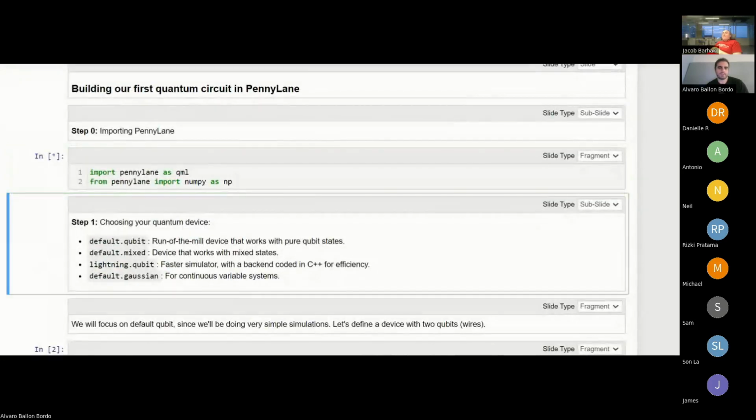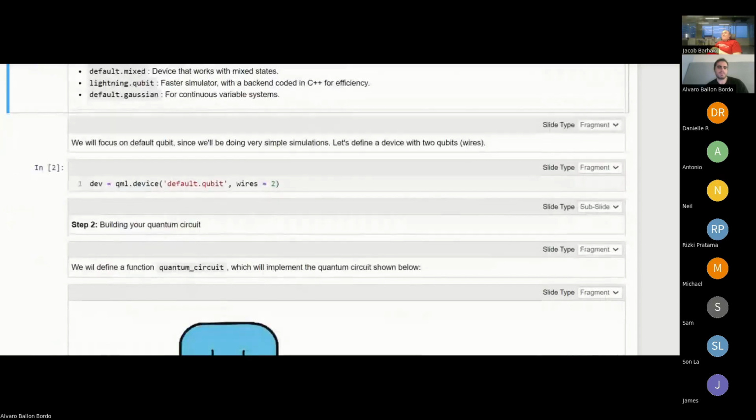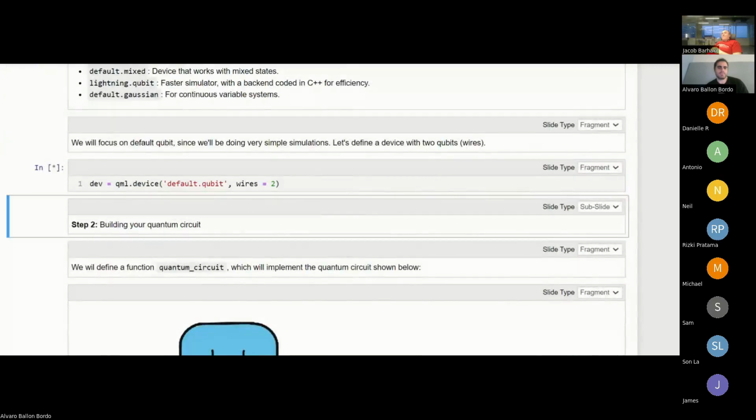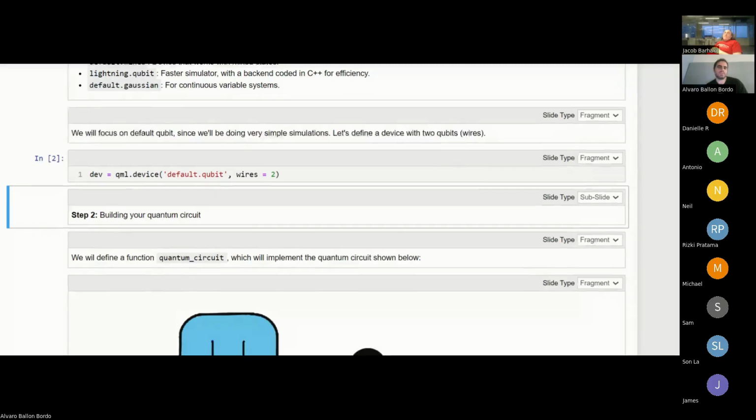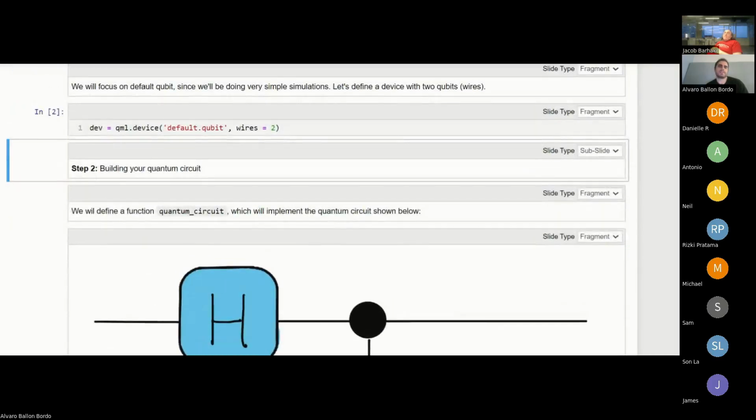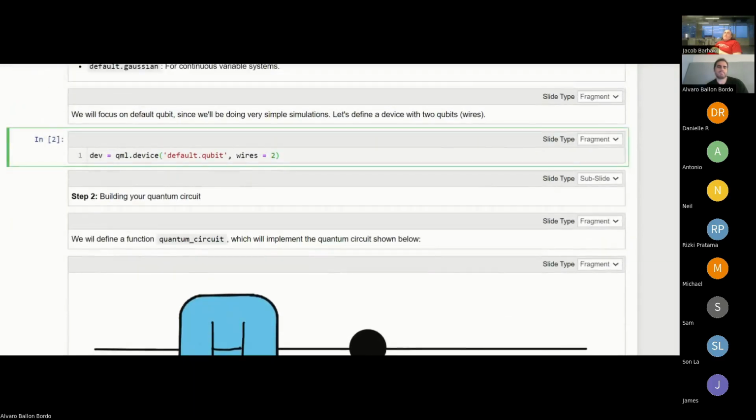So here we just wanted to import pennylane as qml, and from pennylane import numpy as np. That's it. And then the second step was qml.device, default.qubit, saying that I just want to use 2 qubits. Let me do something simpler first, because I think this presentation was actually for people that were